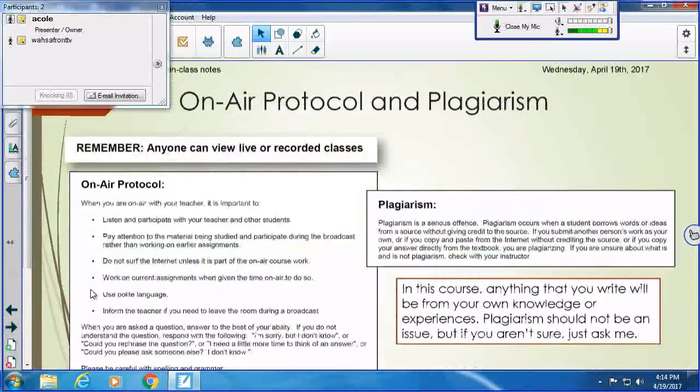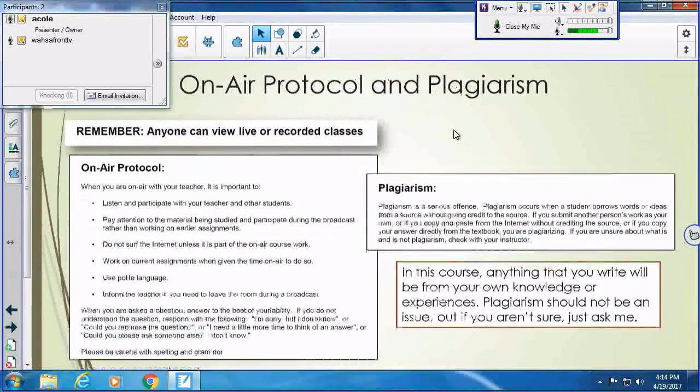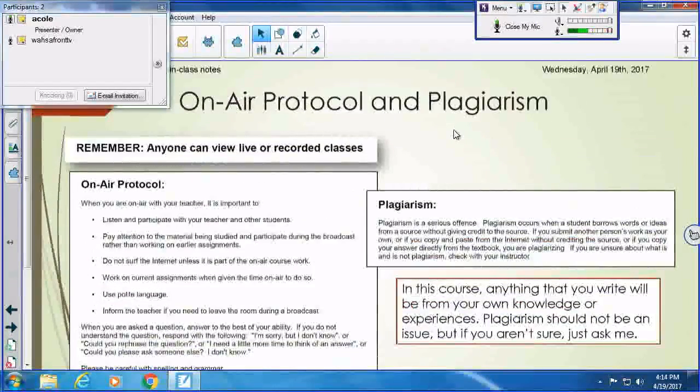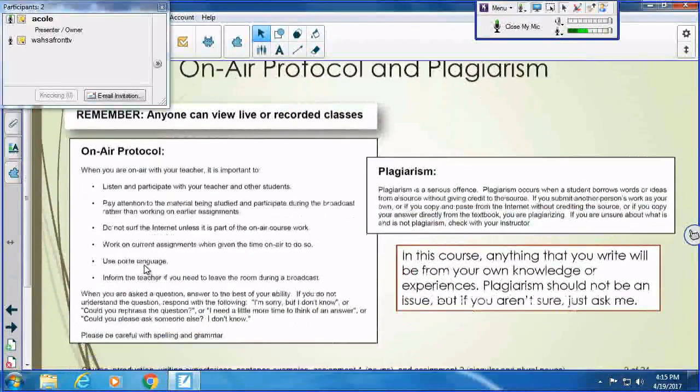So, rules for participating online, this on-air protocol, and we'll also talk about something called plagiarism. So, anyone can view live or recorded classes, right? And these are some things that I'm looking for anybody that's participating in class. I really encourage participation. And actually this last term I started doing something new. I was trying something new to try to get more people to participate,